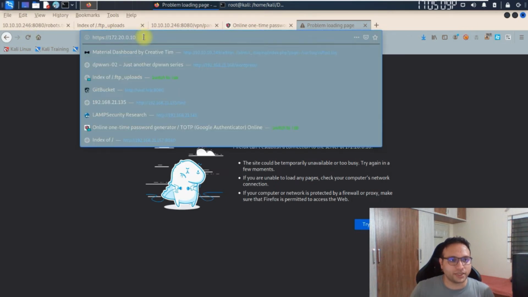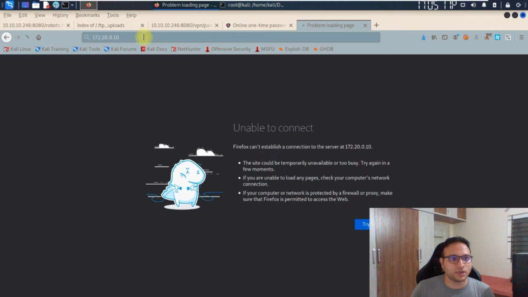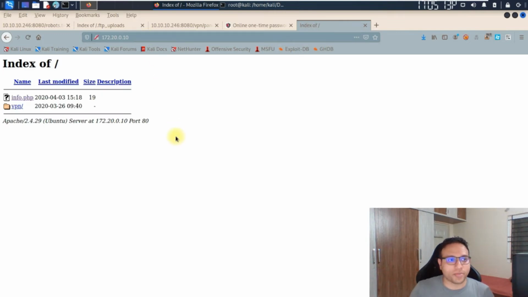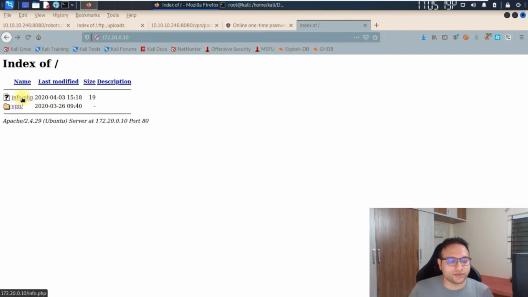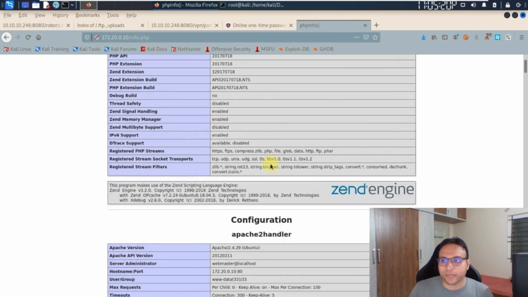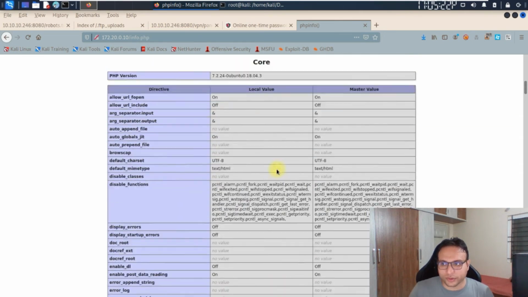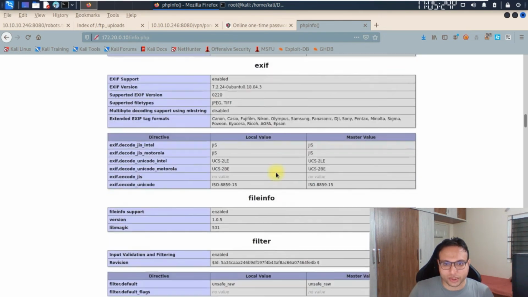Let me remove the HTTPS. It's only HTTP, and I am able to access it. So what exactly do we have to do over here? We'll have to check that info.php page. When I go down, I can see there is one section.